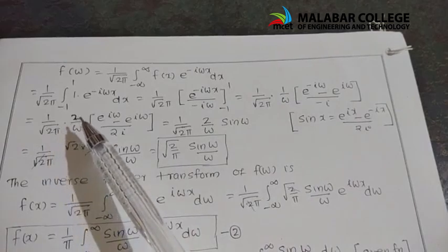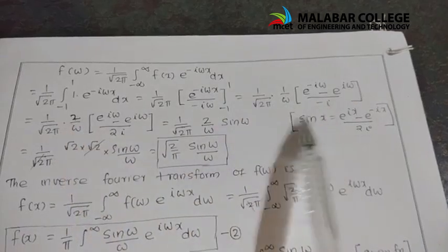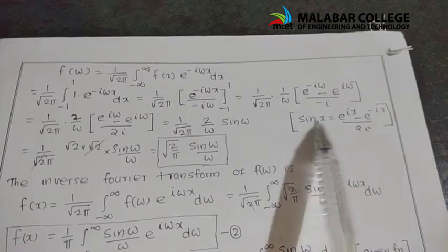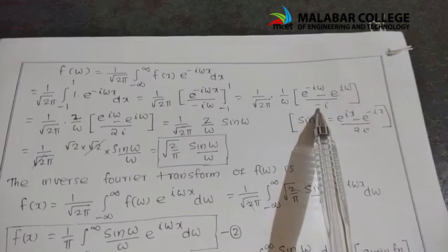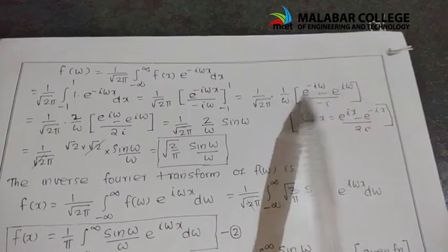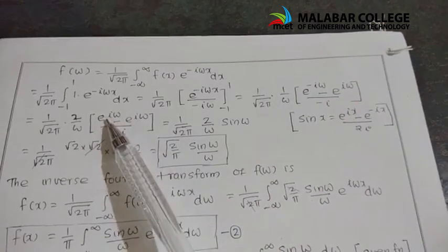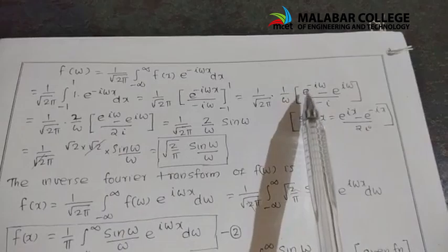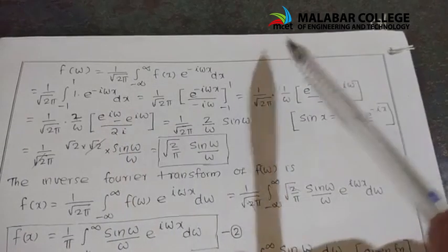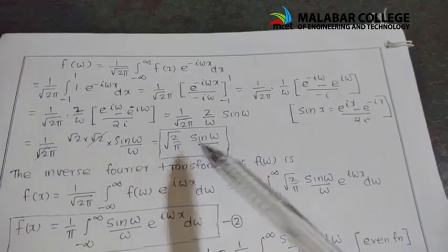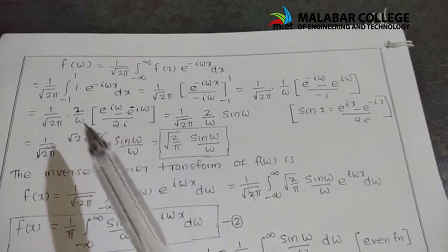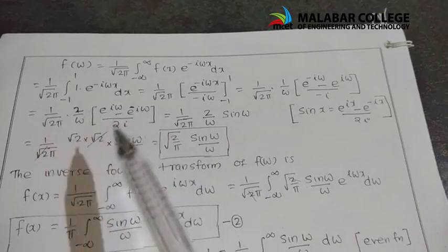I am substituting a 2 here. Why I am substituting 2 here? There is a formula sin x equal to e raised to ix minus e raised to minus ix divided by 2i, which is sin x. So if there is a 2 here, and I am taking the opposite, so that the positive term will come first. This positive term will come first, and this negative term will come second. So there is a minus here, so I have to write a minus there, minus e raised to minus i omega by 2i. I am adding a 2 here and here, so that I can apply this formula here.